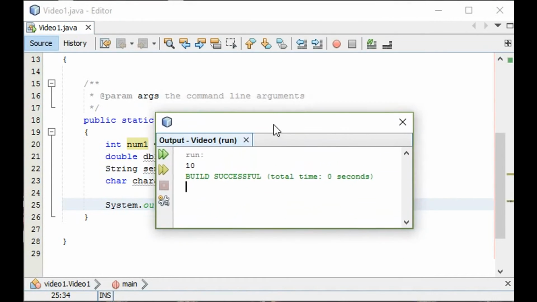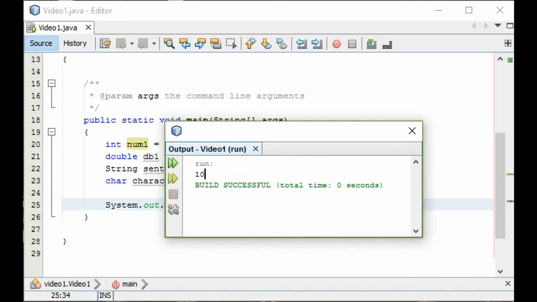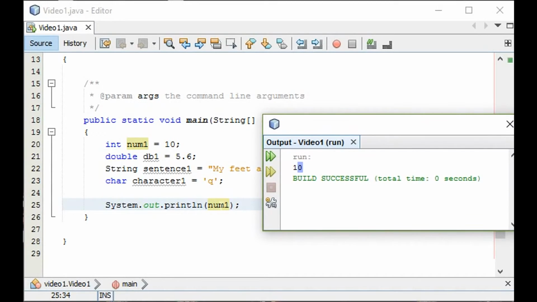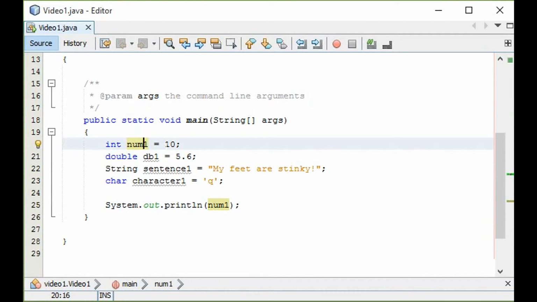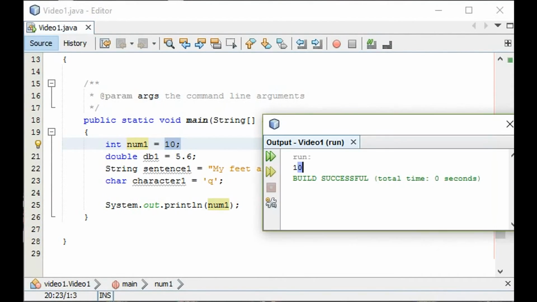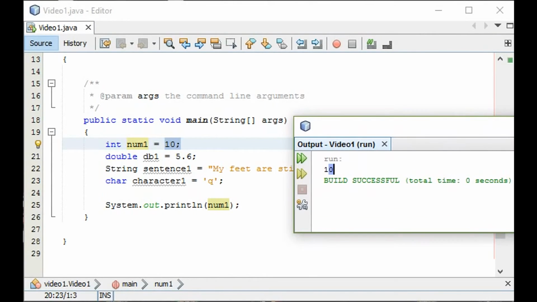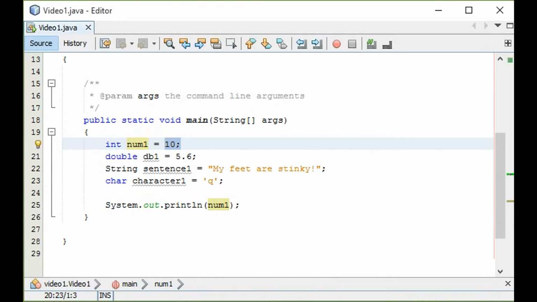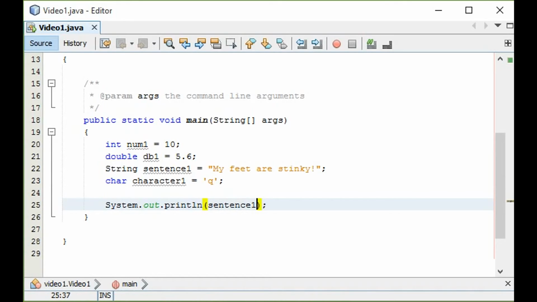And then in your output, you get the run, and then you get the output, which we outputted num1, which is 10. So in our output right here, we get 10. Then if we do sentence1 and we run it,